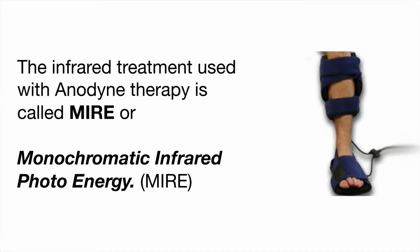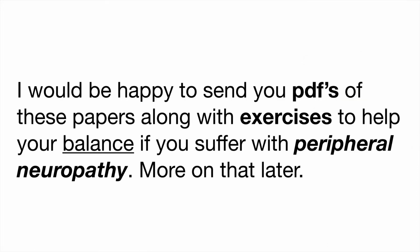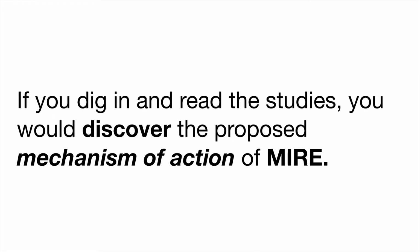The infrared treatment used with anodyne therapy is called MIR, or monochromatic infrared photoenergy. I would be happy to send you the PDFs of these papers along with the exercises to help your balance if you suffer with peripheral neuropathy. More on that later. If you dig in and read the studies, you would discover the proposed mechanism of action